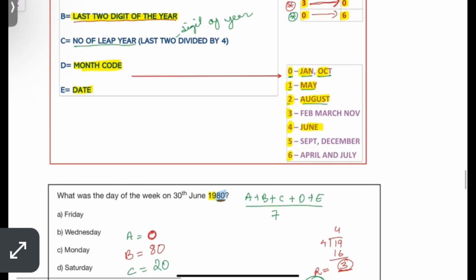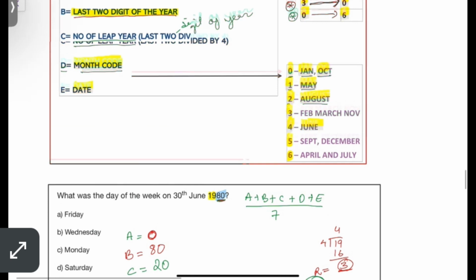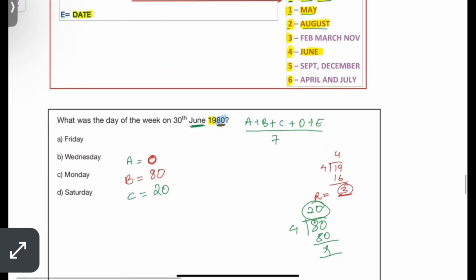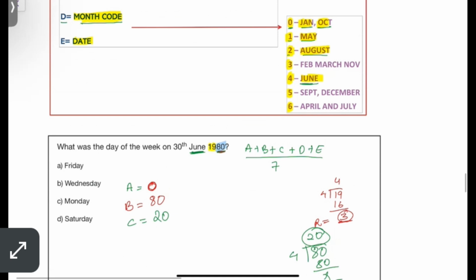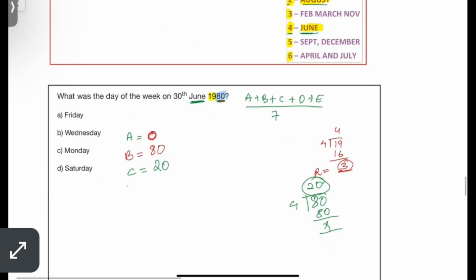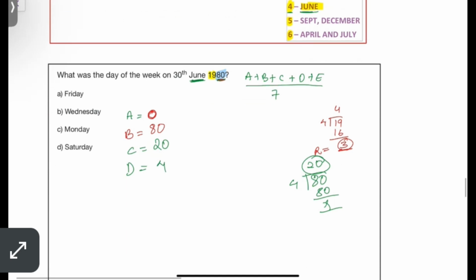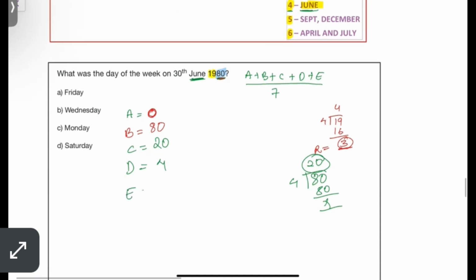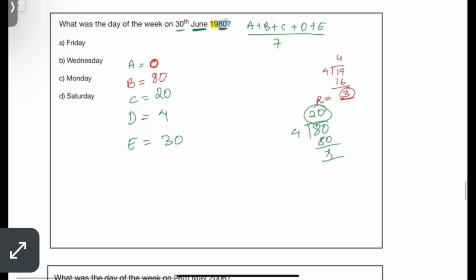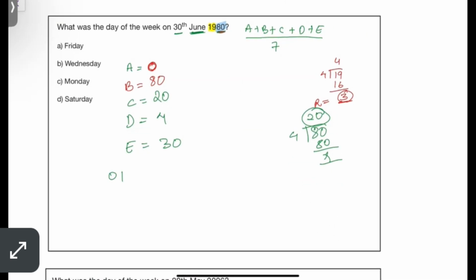Now D is the month code. The month here is June, and June's code is 4. And E is the date. The date here is 30. The formula is the sum of these, which means 0 plus 80 plus 20 plus 4 plus 30, divided by 7. 80 plus 20 is 100, 100 plus 30 is 130, 130 plus 4 is